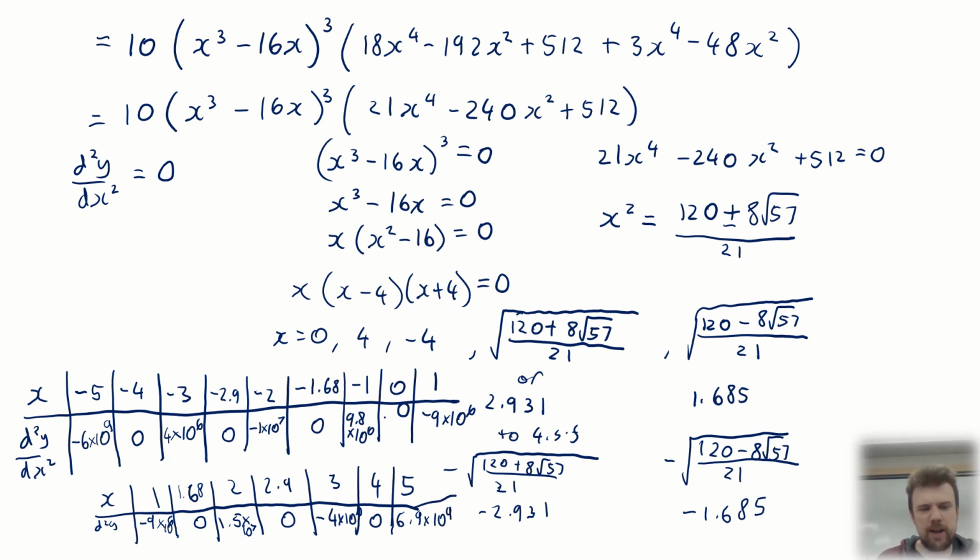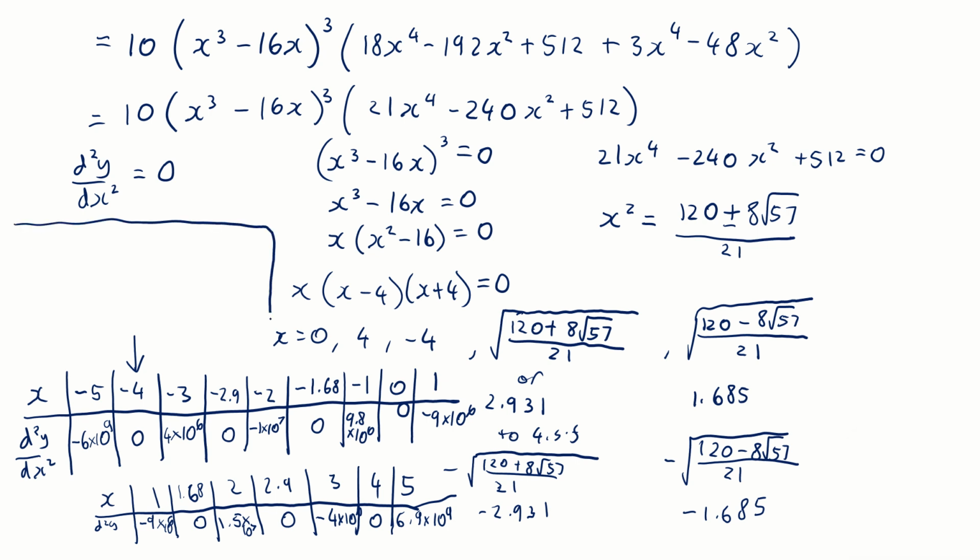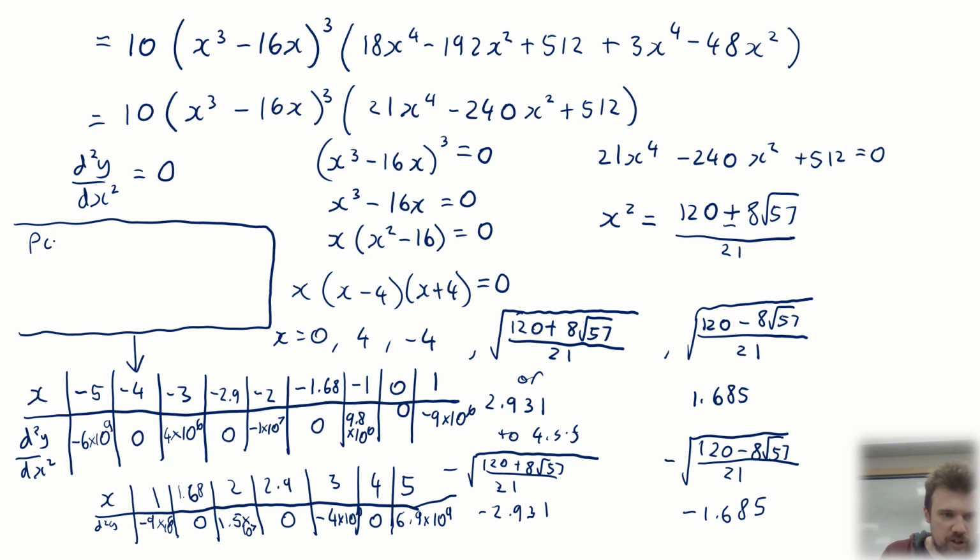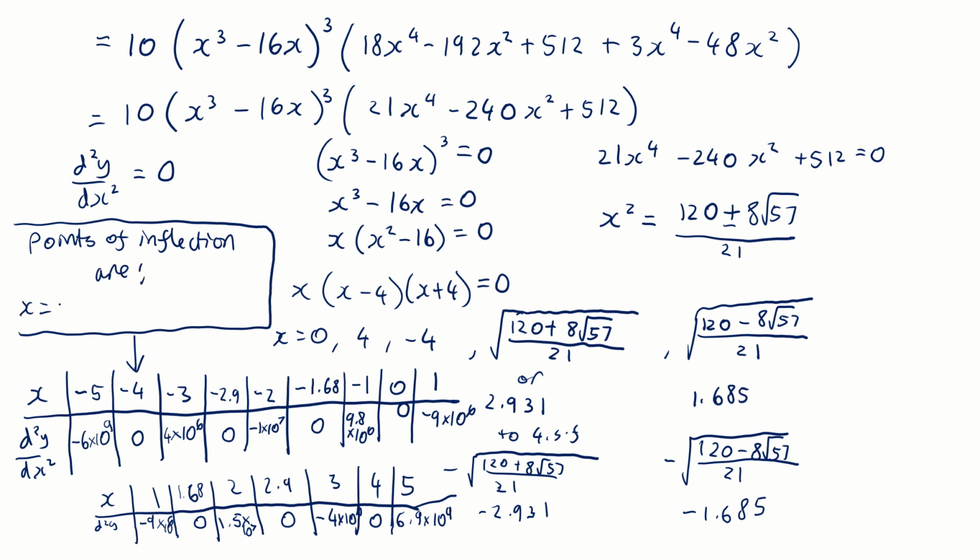What conclusion can we make? Well, if we're looking for points of inflection, you're looking for there being a change of sign either side of the point where the second order derivative is 0. So at -4, we can see it's minus before and positive after. Therefore, the points of inflection, if we're listing them: x equals -4. We can see there's a change of sign about